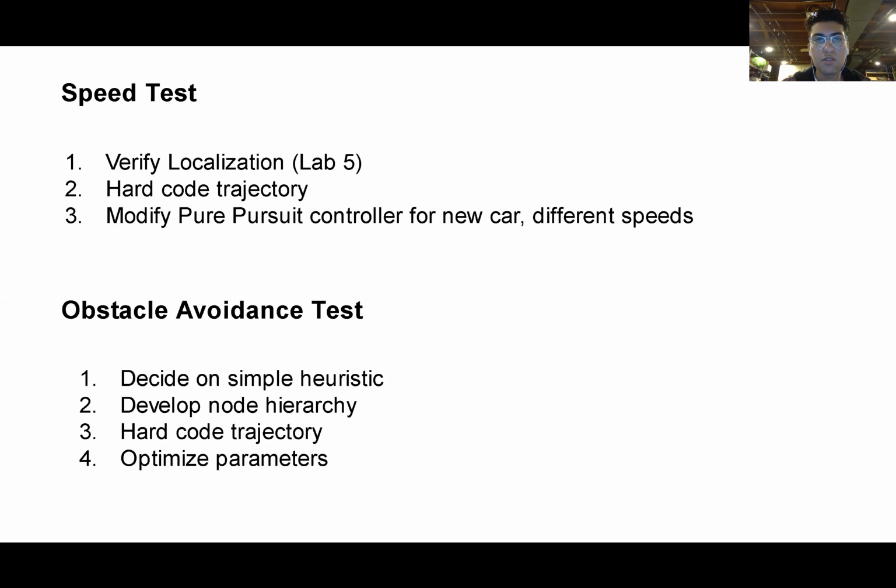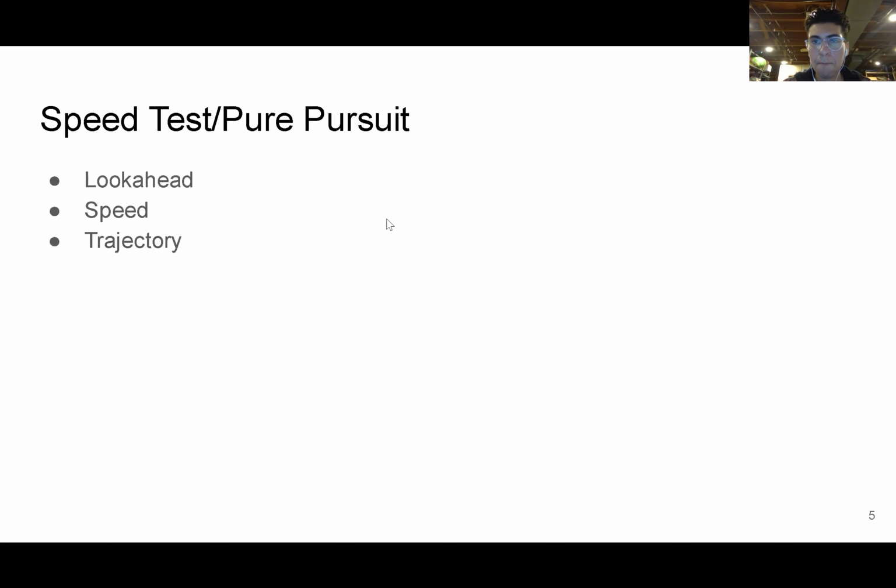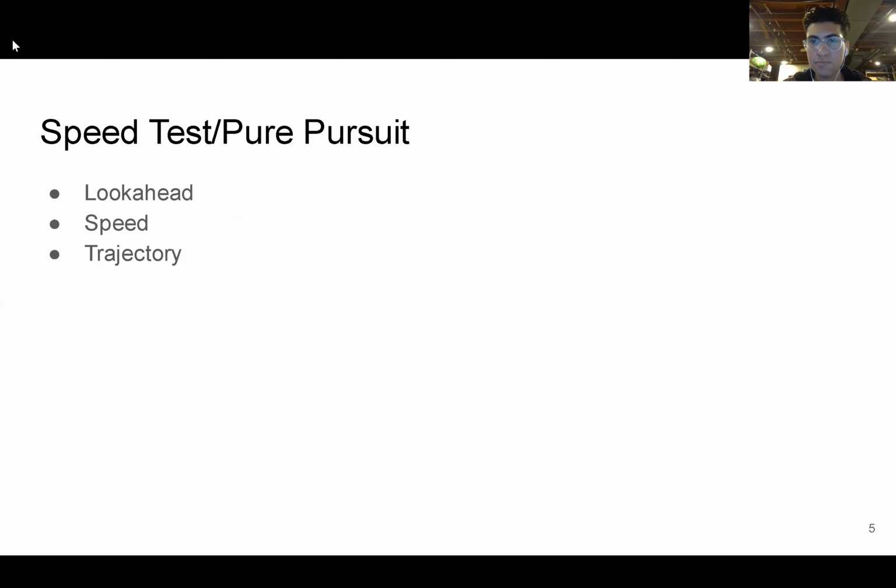Now we'll talk about the speed test. Hi, so for the speed test and Pure Pursuit, our algorithm consisted of 3 main factors: the look ahead, the determining the speed of our car, and the actual trajectory being followed. So for the look ahead,